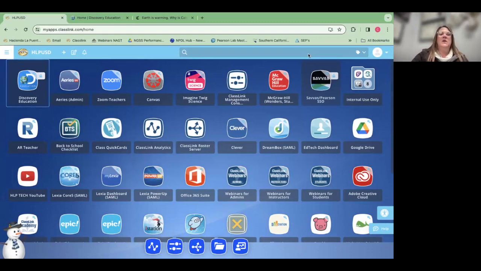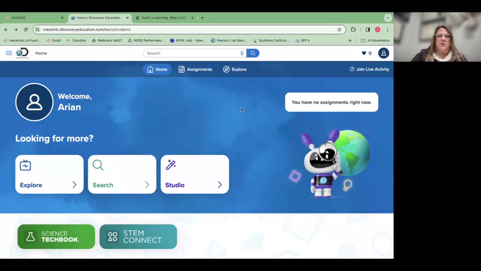All right. So if you're in ClassLink, and I know you might not have your computers in front of you now, and that's okay. It's really easy to get to Discovery. You're just going to click on the little Discovery app here. And as a student, here's what it's going to look like when you log in. Okay, so it's pretty easy. It's very simple, and it'll say your name here. I'm borrowing someone's account today, and then at the very top it has the assignments,